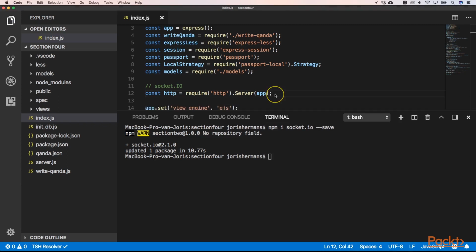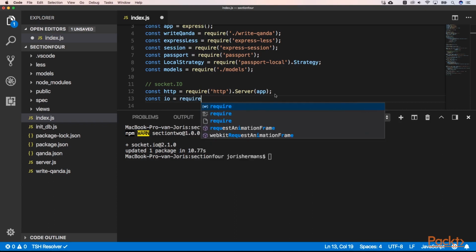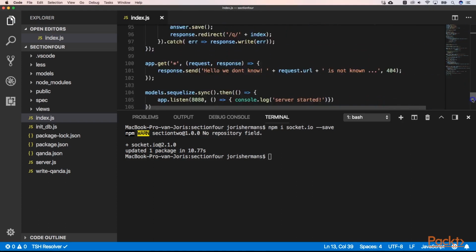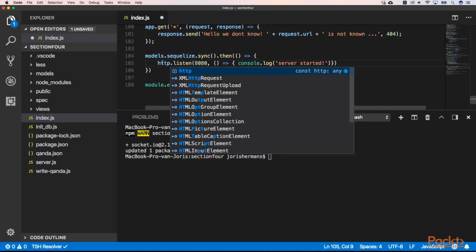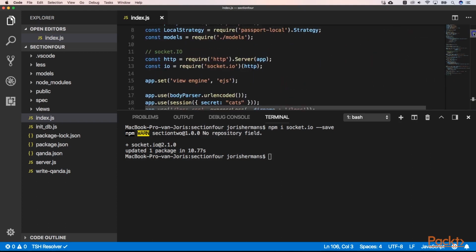Of course, then we need to declare const io equals require socket.io. Then we pass by our HTTP object. And we then scroll by to the bottom of our page. We need to change this to http.listen. And another very important thing that we need to do now is say to